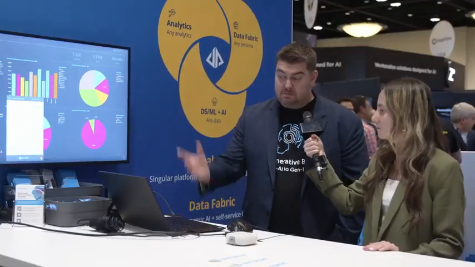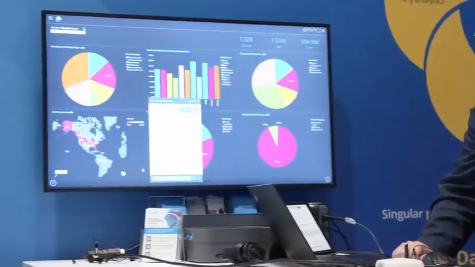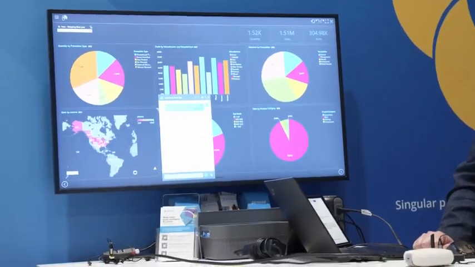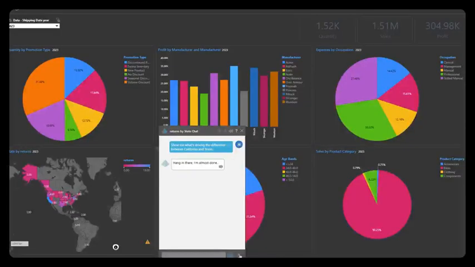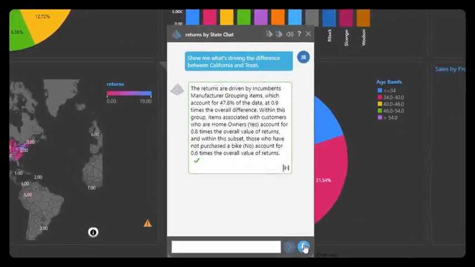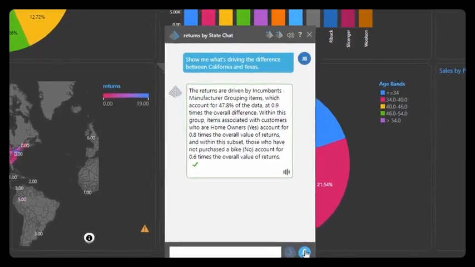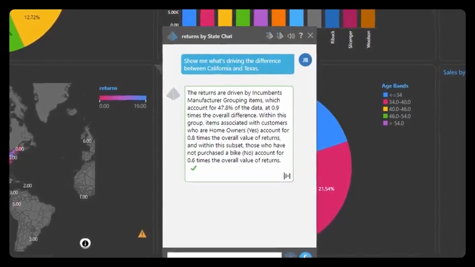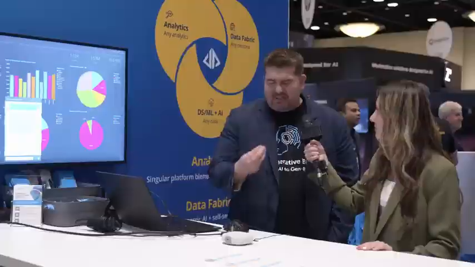So for this chart down here in particular, I can actually ask secondary questions like, show me what's driving the difference between California and Texas. Getting something together now. So you don't have to tell it which charts you want. You don't have to say, here's exactly how you name this metric. It's just smart enough to know these things. So you can see what I'm getting here is actually a response back, really explaining me the key drivers and differentiators from the simple request that I had.